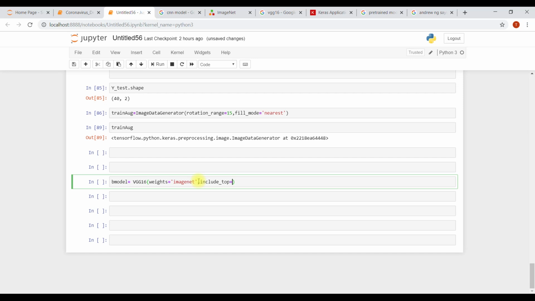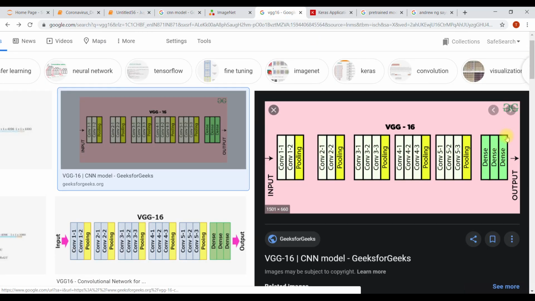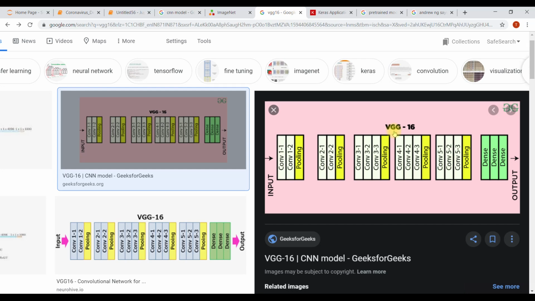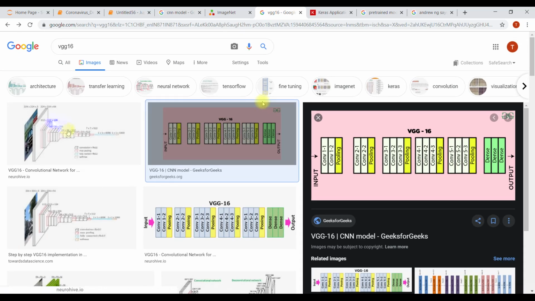Include top is false. We don't want to include this because, as I said, its predicted output can have hundreds or thousands of classes, but we just need two classes, COVID and normal.